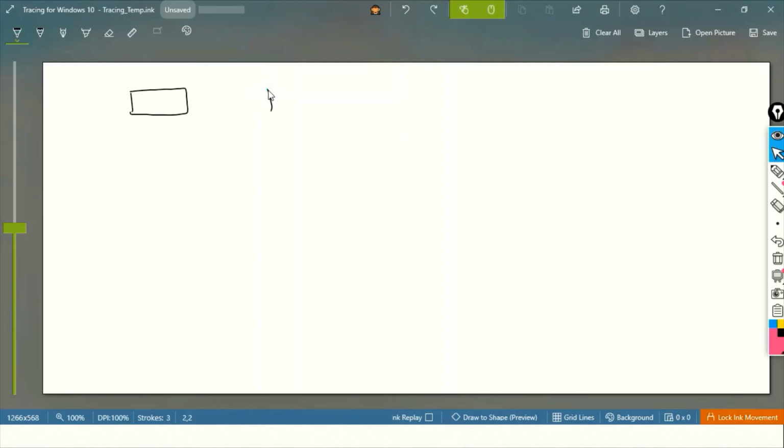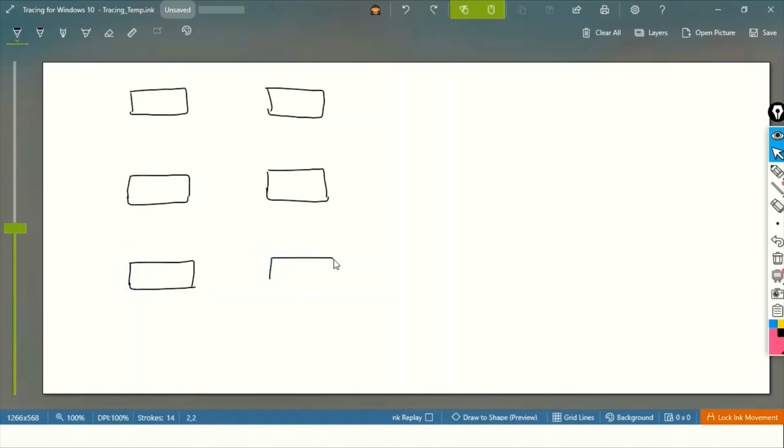Let's create a topology first. My drawing is not good, so I'm trying. Right, so this is a core switch, this is a core, this is a distribution switch, this is distribution, and this is the access layer.